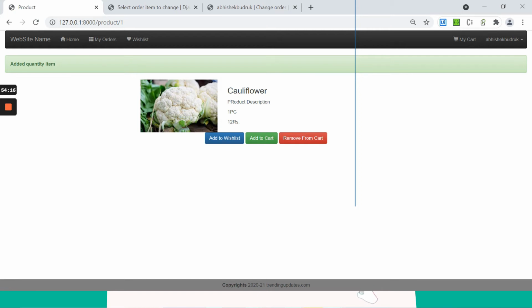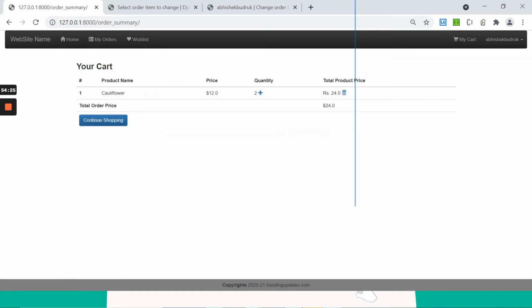For that added quantity item, we don't have to show the message now, and it should be redirected to the same page. If you say cauliflower, now the price for one cauliflower is in dollars. I can simply add rupees over here, and 2 quantities are mentioned, and the total product price is 24 and the total order price is 24 itself.